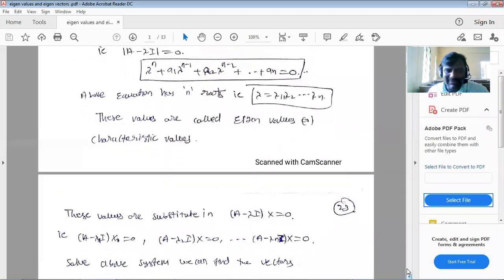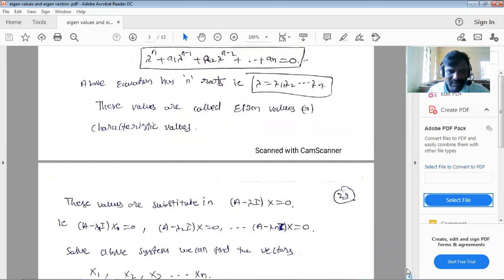After finding the eigenvalues, we need to find eigenvectors. I will come back to your questions. First, you have to solve the problem. Next, I will go to the physical significance, and then we can easily understand the physical significance of this.